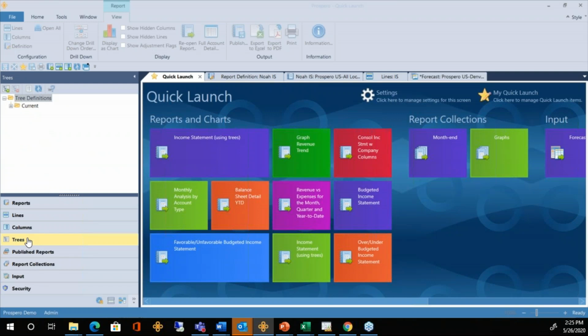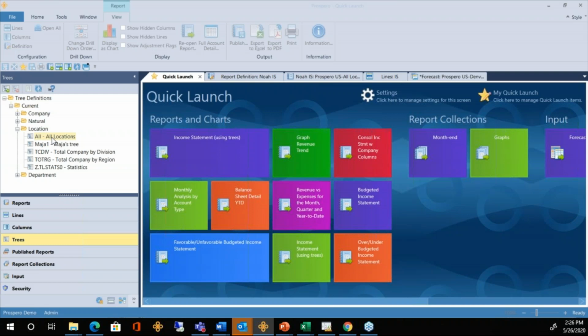Now, under trees at the top left here, I've got current, and I've got 4 different segments in this company. I've got my list of companies, I've got my naturals or my main account numbers, my locations, and my departments. And the trees will let me organize any of these any which way I need to. Just expand location there, I can see I've got the first one, which is my all locations, which is updated anytime you add a new location.